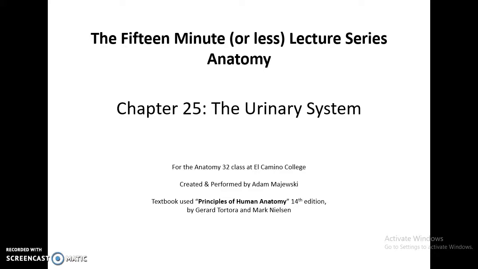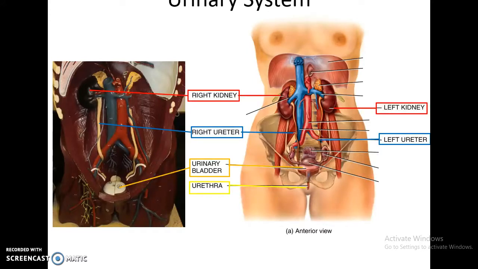15-minute or less lecture series, Human Anatomy, Chapter 25, the Urinary System. The urinary system looks deceptively simple. You have two kidneys, a right kidney and a left kidney, each kidney attached to the urinary bladder by the ureter, a right ureter or a left ureter, and then the urinary bladder opens to the outside through a tube called